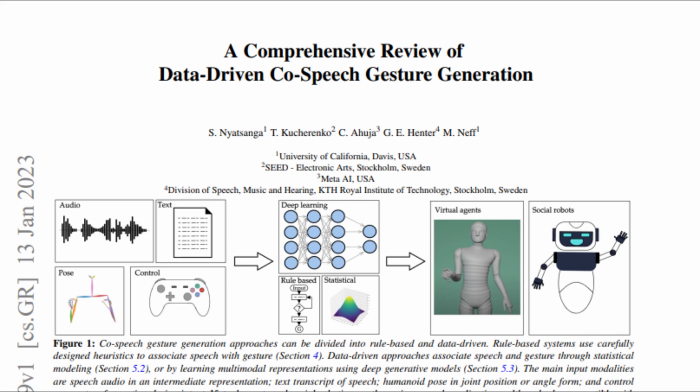Most recently, Habibie et al. used an adversarial objective in the form of a conditional GAN to refine gesture clips that were selected using a k-nearest neighbor, KNN, search that is conditioned on speech and a control signal.